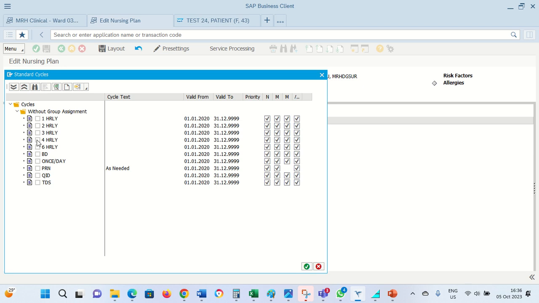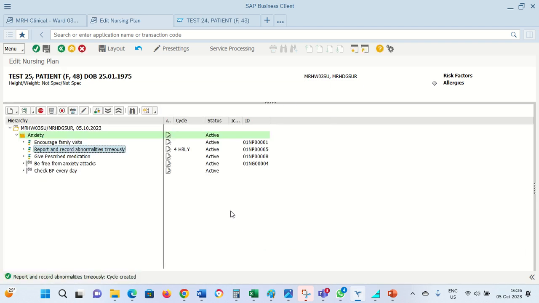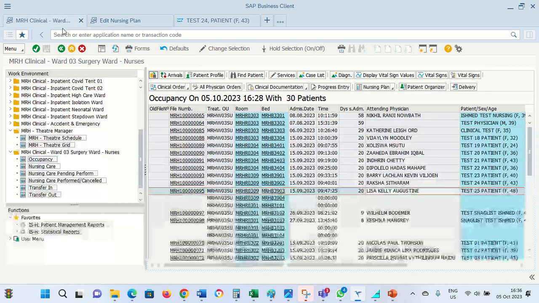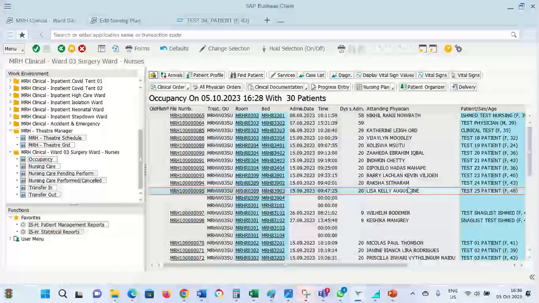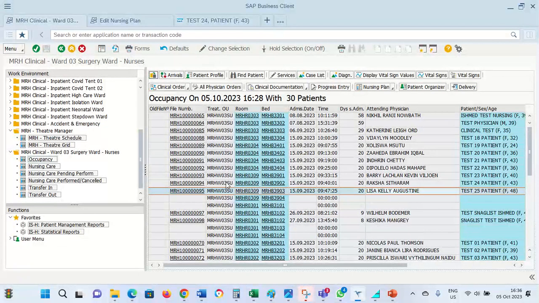So for instance, I want this 4-hourly cycle. So I select the 4-hourly cycle, then I click on the green tick. Once I've clicked on the green tick, it will notify me that the cycle has been created. And now I have a 4-hourly cycle. From here, all I need to do is click on save so that we can save the data. Once we have saved, all we need to do is go back now to the work environment, clinical work